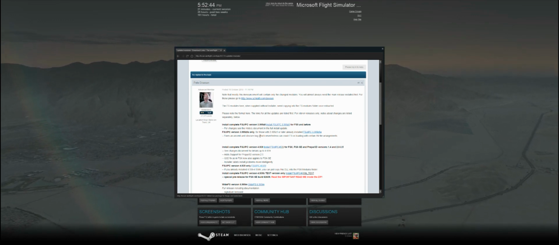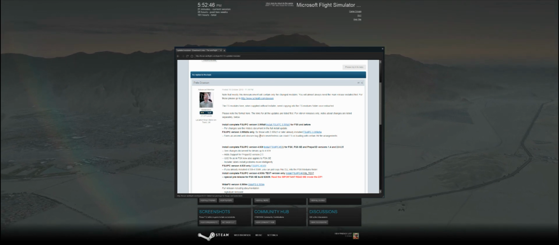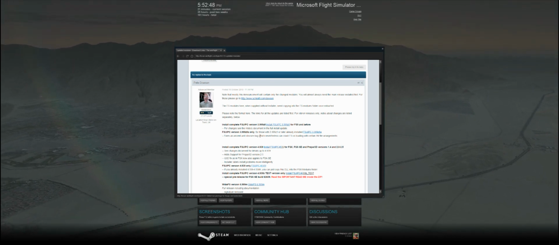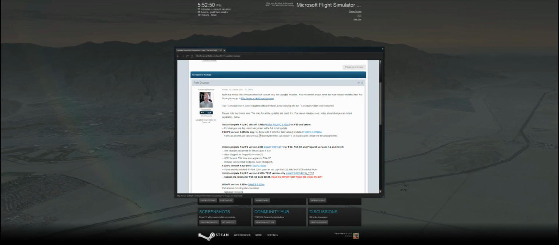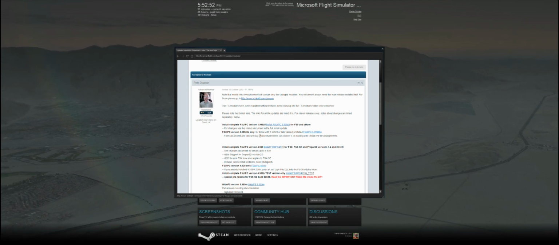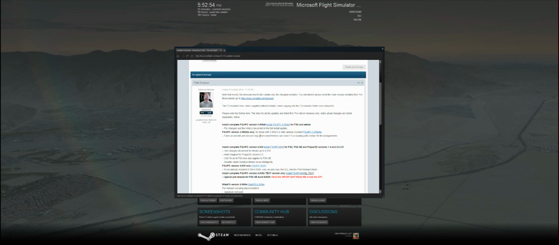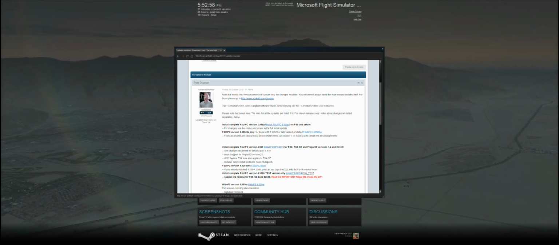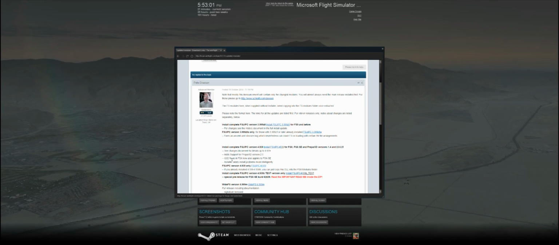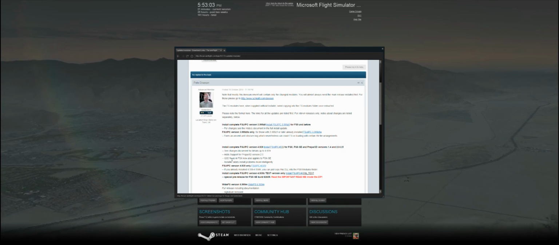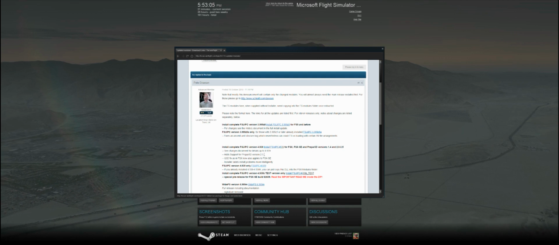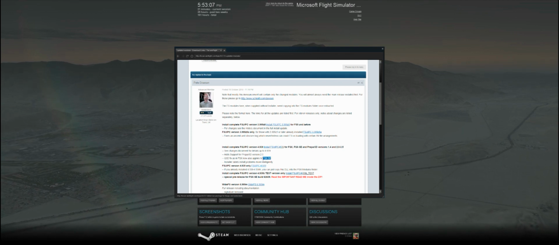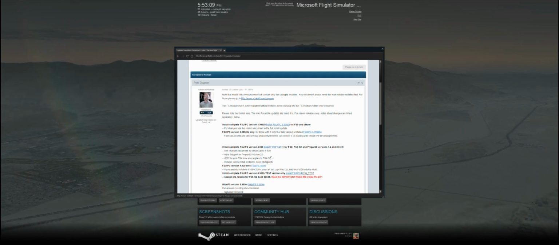One of the reasons why is because his new FSUIPC not only supports P3D version 2.5, but also has implemented his old famous fix for the G3D.dll crash that used to happen in the old FSX. He's now been able to capture that crash in FSX Steam Edition as well,